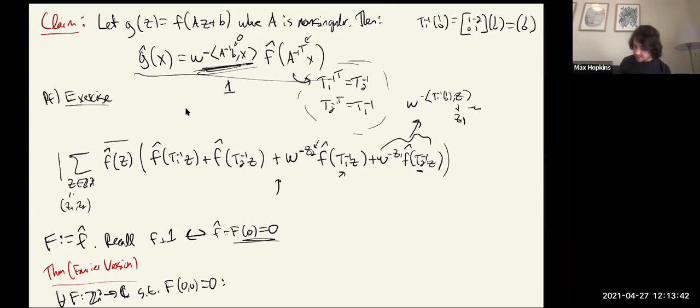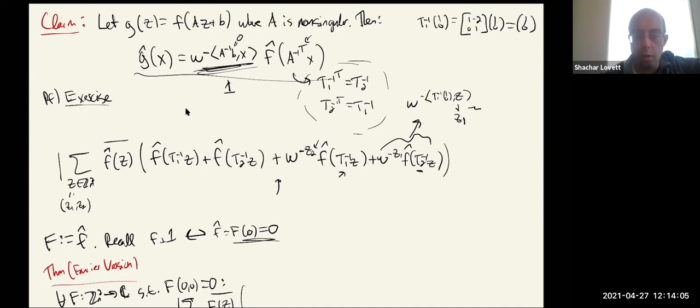I'm just going to simplify this a little bit. I want to prove that the sum over z in Z_n squared, let's write this out as z1, z2, of F bar